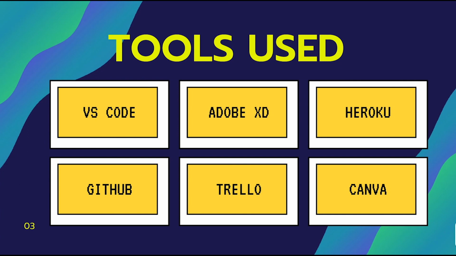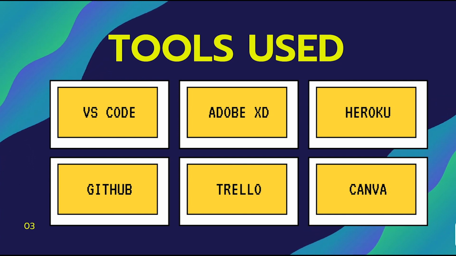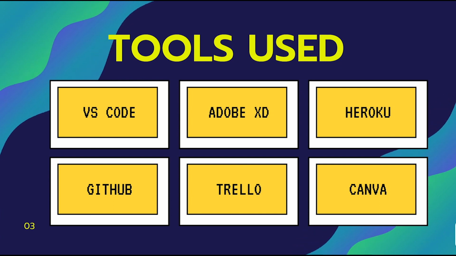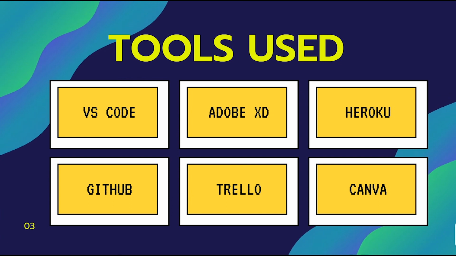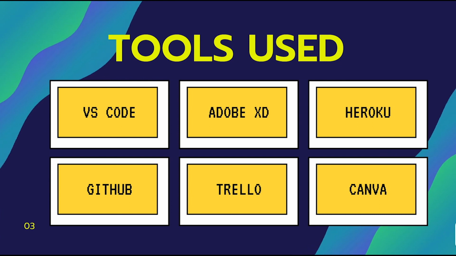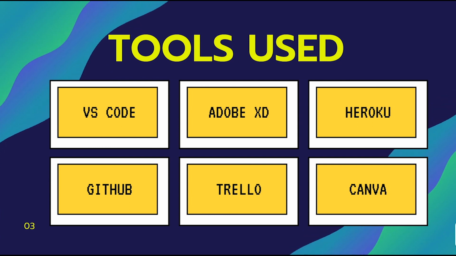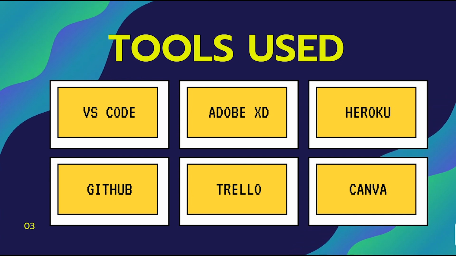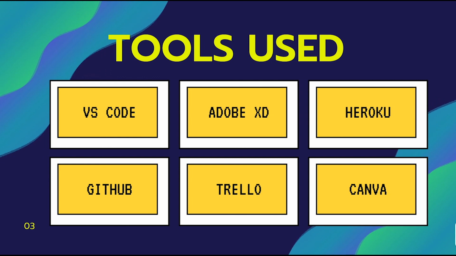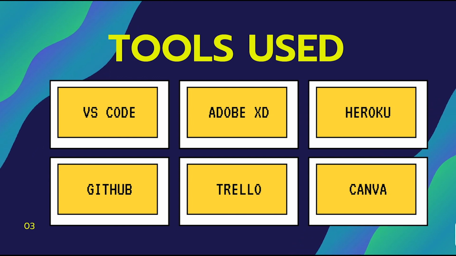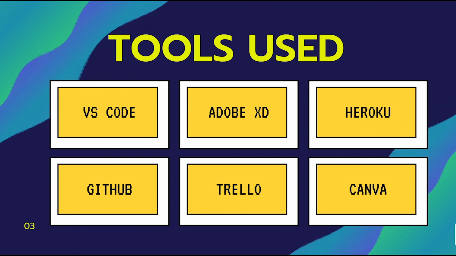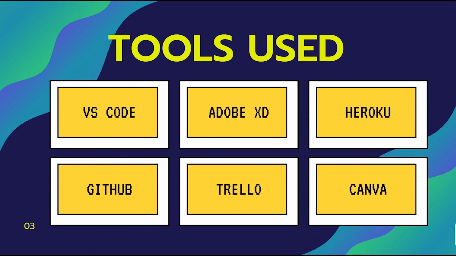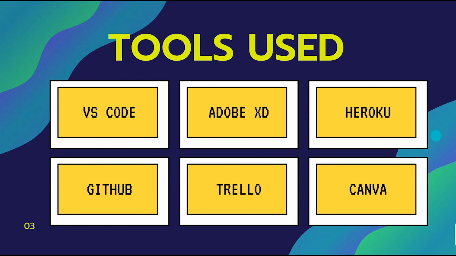The tools I have used for the entire project are VS Code for the entire coding part. Everyone loves it. Adobe XD for designing the UI. I used the exact same color palette as the original MS Teams. Heroku for the deployment, as it was the easiest to deploy a Node.js app there. GitHub for version control. Trello, I'll get onto it later because that was my major organization tool. And Canva, which I'm using presently for the presentation.